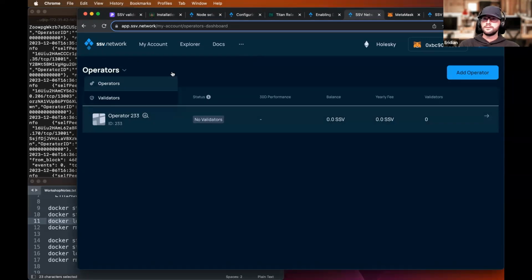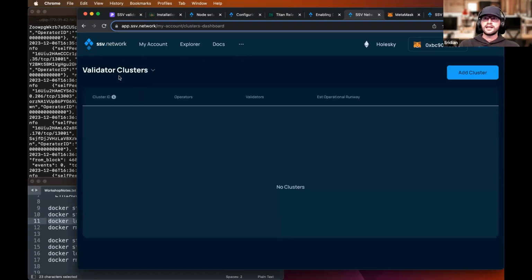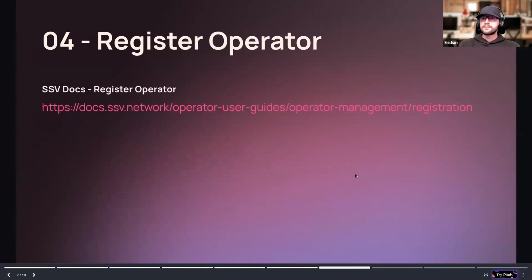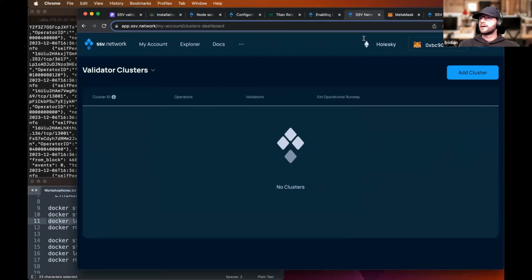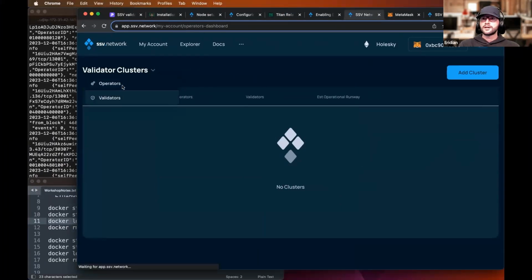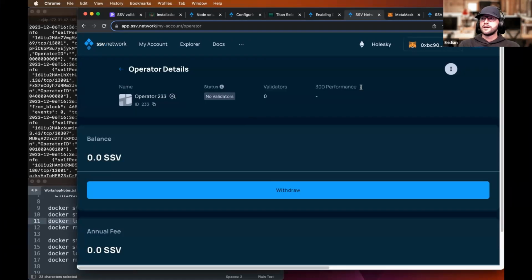Now we're in this account. We could have clicked before in the menu. There was an option to add a validator, but now we already have this account set up. We switch between operators and validators, and yeah, we can configure the operator first. Okay, we'll do that. So if we go back to the operator,